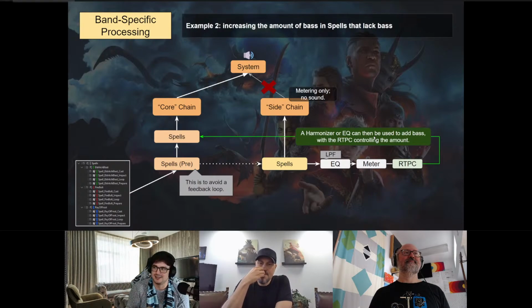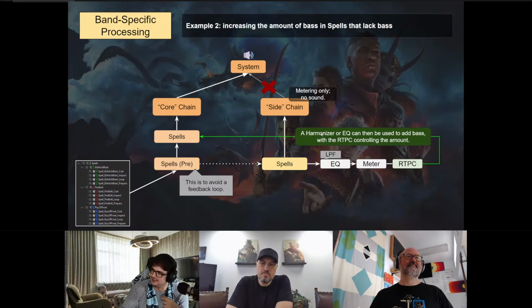Which would be kind of like a multi-band compressor kind of thing, right? So the opposite here would be valid as well. And we also did that. This is just one of the many examples that we have in Baldur's Gate with this technique. But yeah, with this RTPC, which measures the low end of spells, you can use that in this other bus, spells pre, in this upper one here, to create bass or add bass if there's already bass